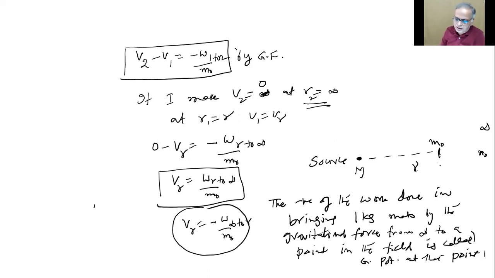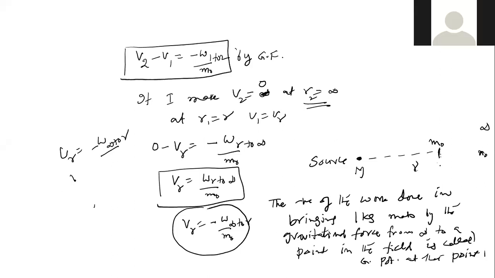So the negative of the work done in bringing 1 kg mass by the gravitational force from infinity to a point in the field is called gravitational potential at that point. So if you followed field strength, you will follow this. If you followed potential energy, you will follow this, isn't it? There's nothing new I am talking, right, Shreya? The only new thing is, by dividing by m naught, we are making it for 1 kg. Did we not write U at R as minus W from infinity to R? We did so much on this yesterday, no? Yes.